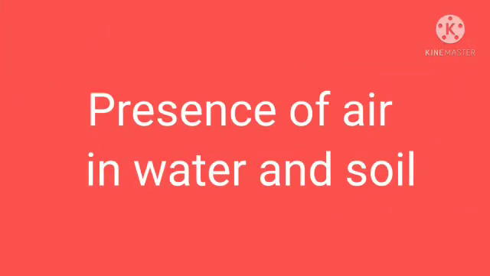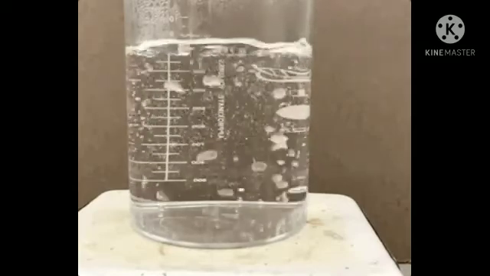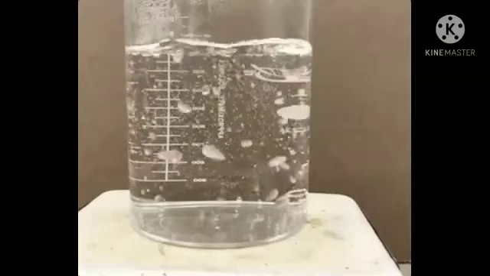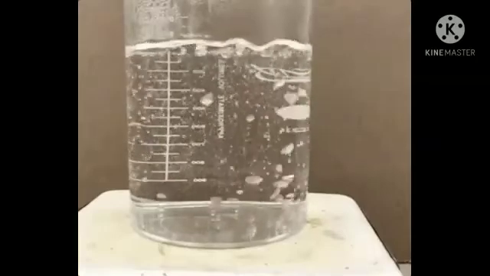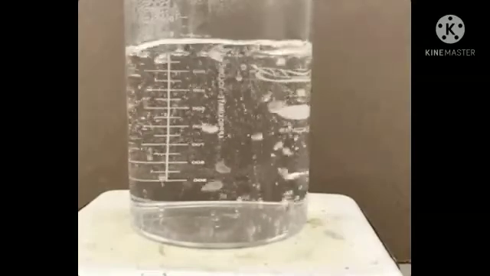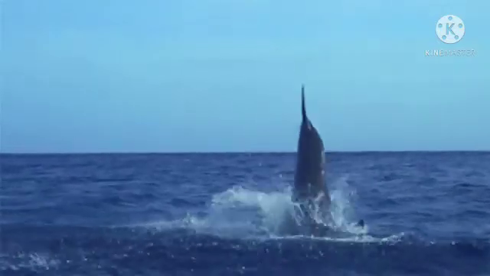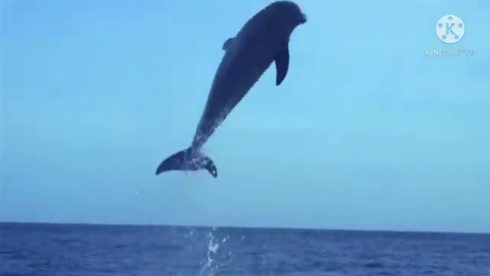Not only in the atmosphere, air is present in water and soil too. Let me do some activities to find this. Take some water in a vessel and heat it up. The water begins to boil and you can see some tiny bubbles on the inner surface of the vessel. It shows that air is dissolved in water. Not only that, we know already all living things need air to breathe. So, water-living animals breathe the air which is dissolved in water. This shows that air is present in water.